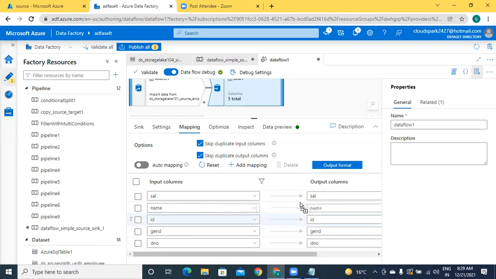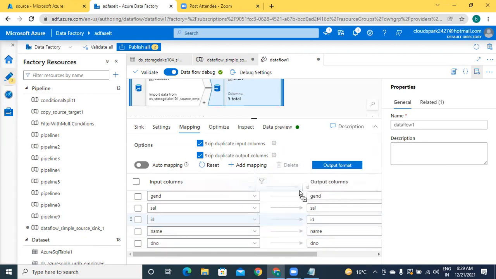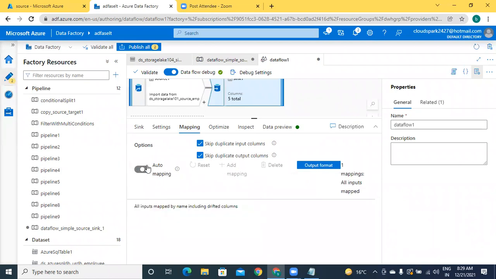This is not being dragged. ID the first, name in the second, salary in the third, and then gender and then department number. Okay, for now I'm going to use auto mapping.